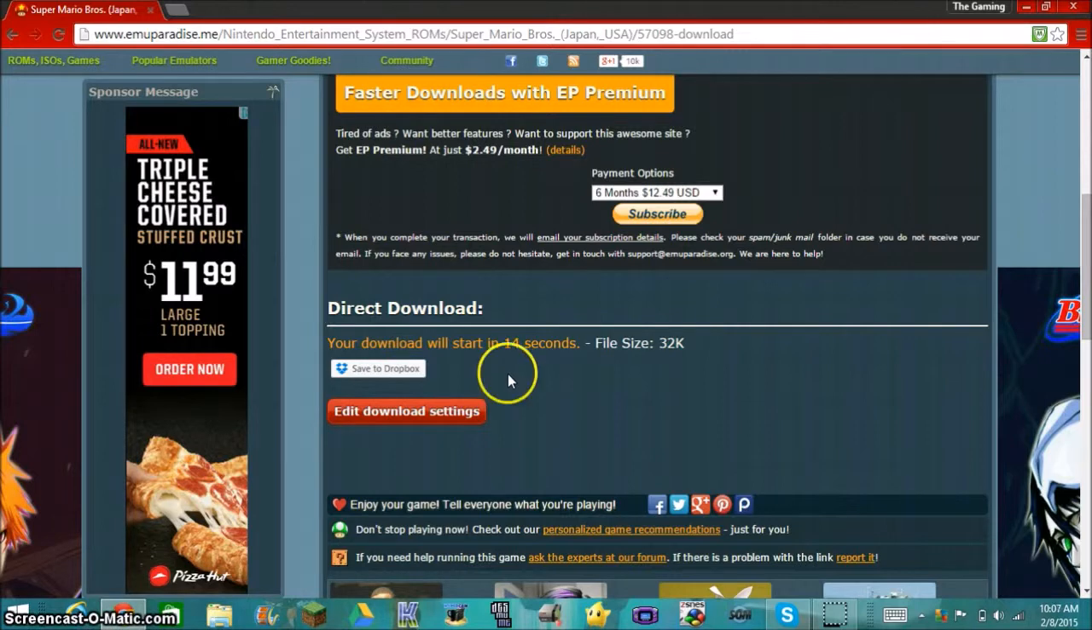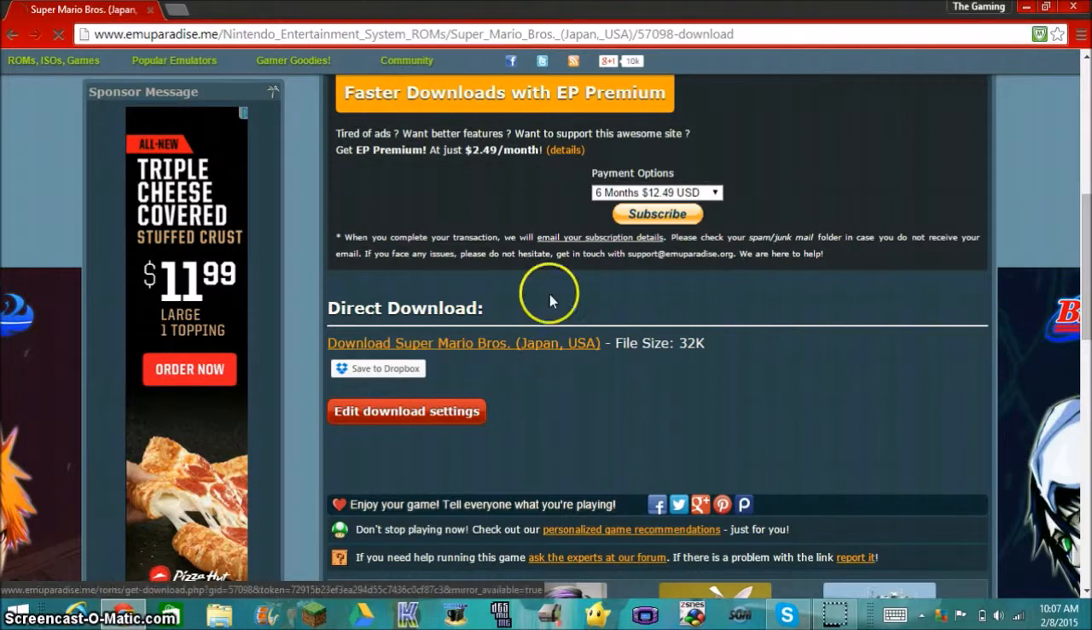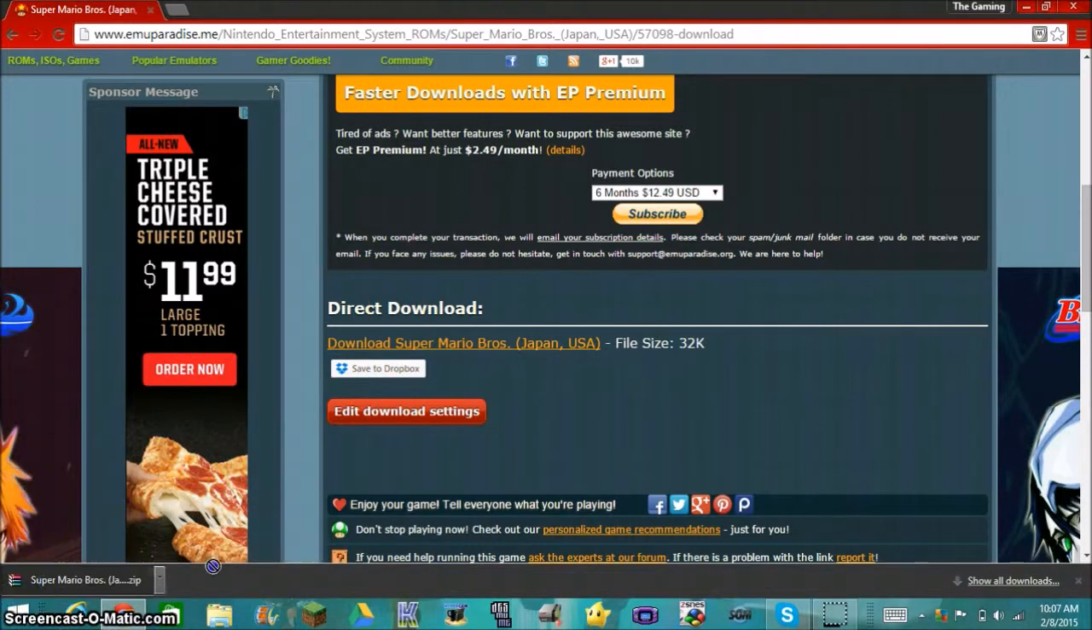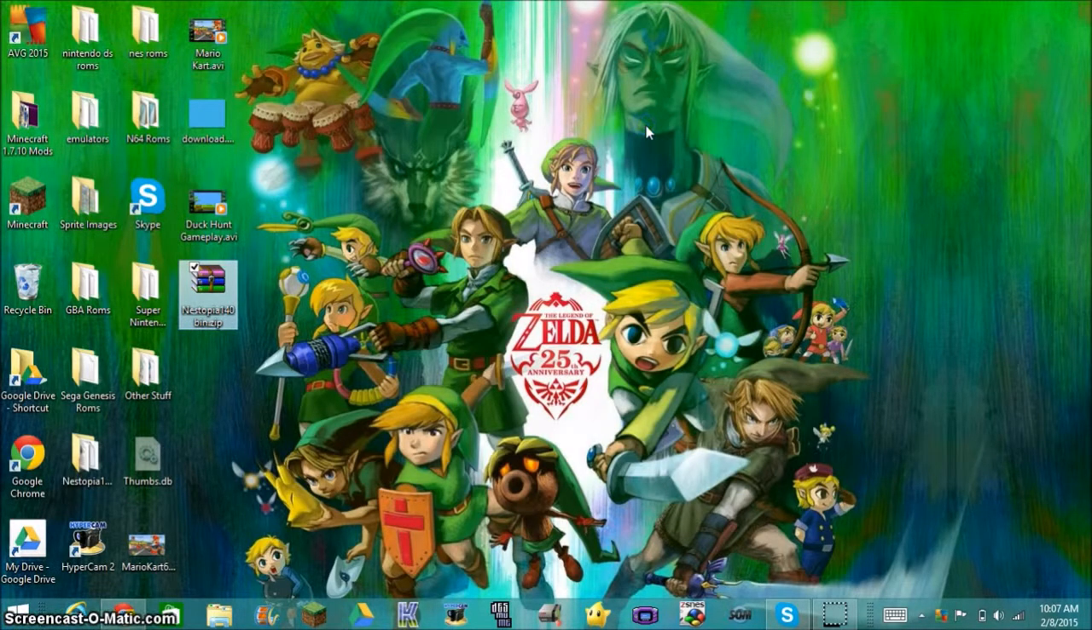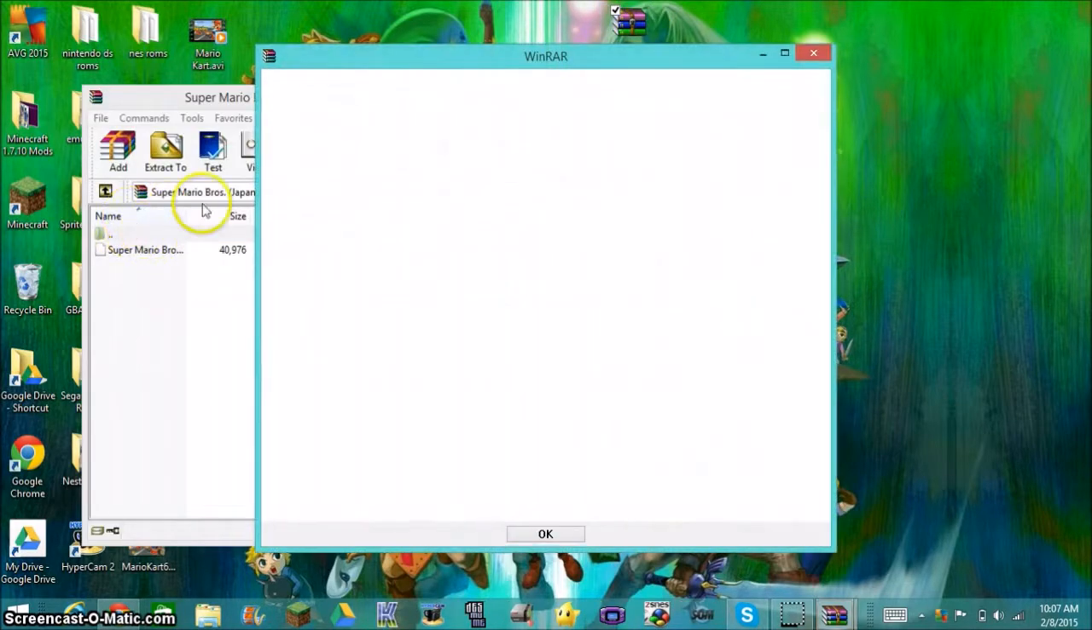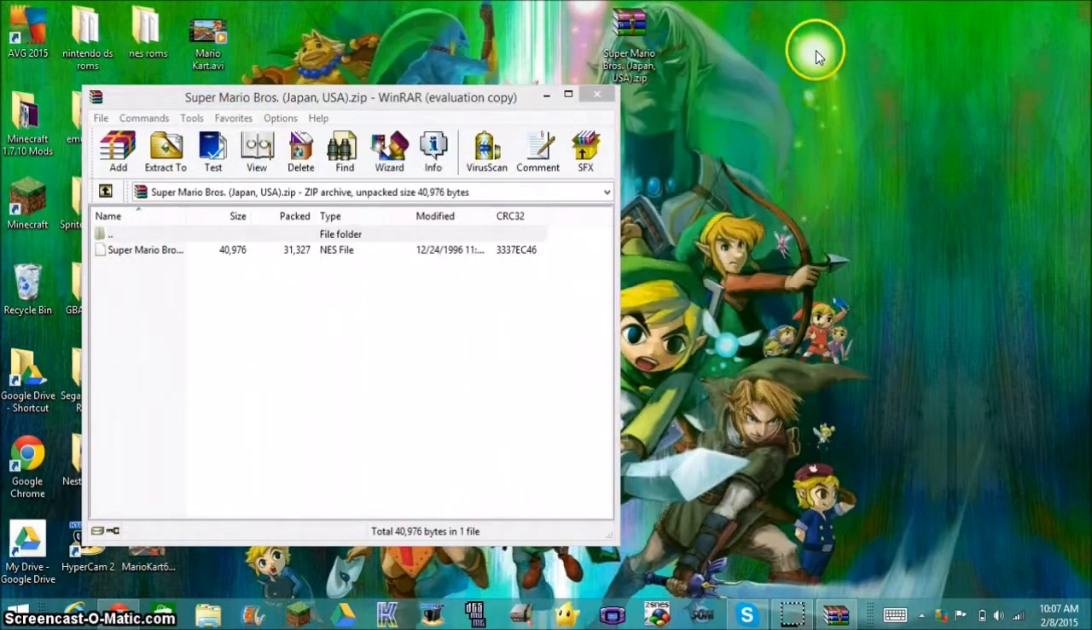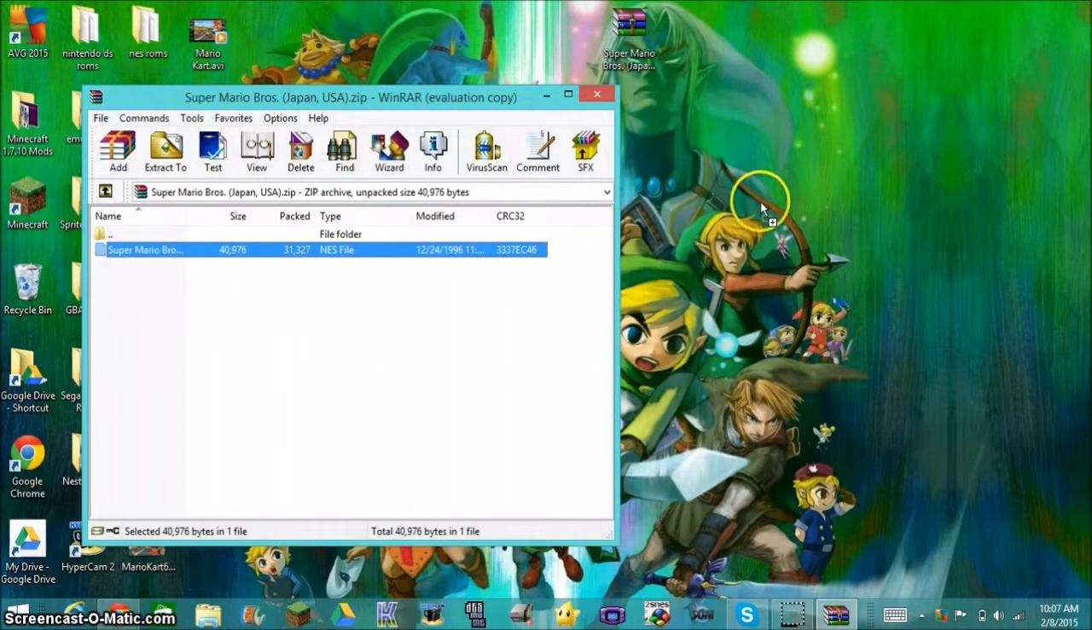This may not happen to you, but my computer's a little bit slow because I am recording, as you can see. But it'll just take a few seconds and it'll load, and then you're going to take the ROM and put it into the emulator. So it's going to start right here. I'm going to bring it out here. I'm going to open it up, and I'm going to, sorry about that. I'm going to bring this out here,